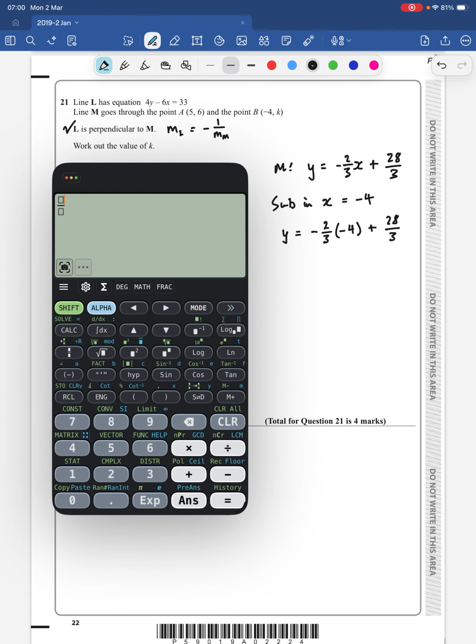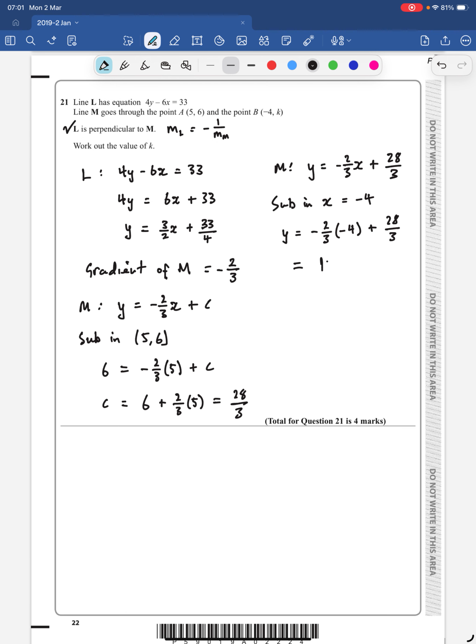So minus 2/3 times, I'll put this in brackets, minus 4, plus 28 over 3, and that gives me an answer of 12. And then I'm going to be very careful to say k equals 12 there, because that's my